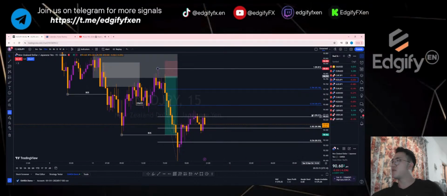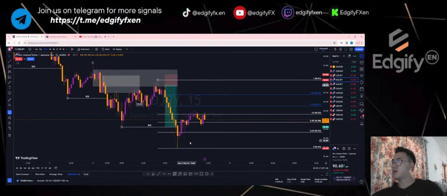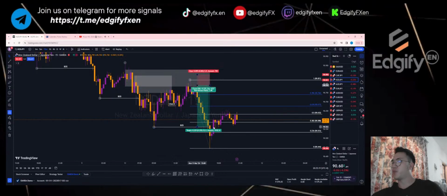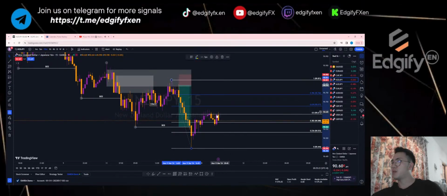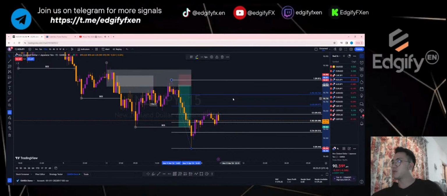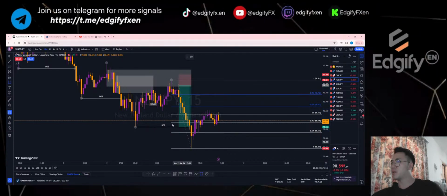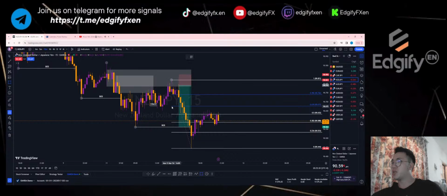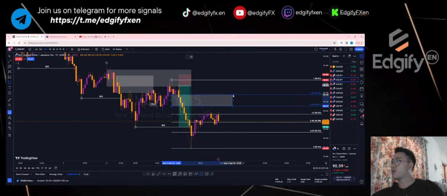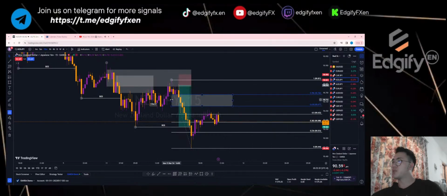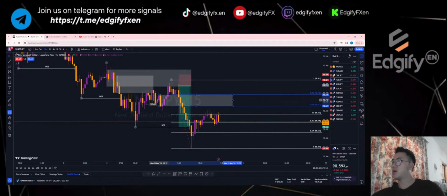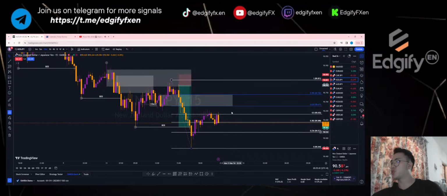Right now we'll be looking for sells as well, because we have this break here. Price has retraced back to the 50 on my fifth, and I'm basically waiting about this area between these two blue lines, somewhere in this box here. As soon as the price taps this zone, I will look for some opportunity to actually short this pair.